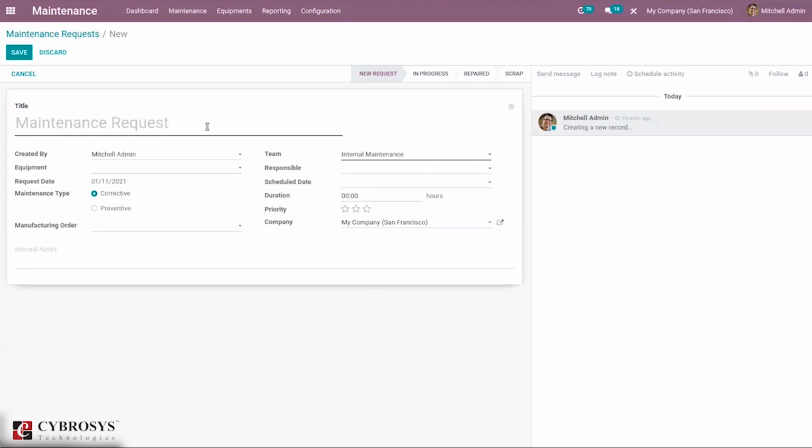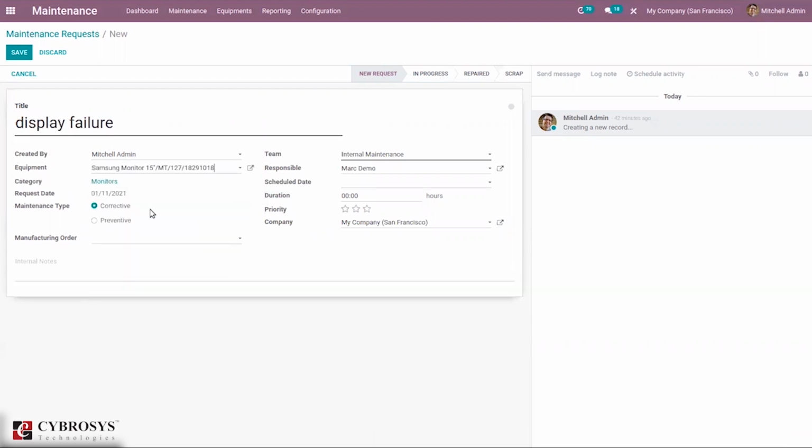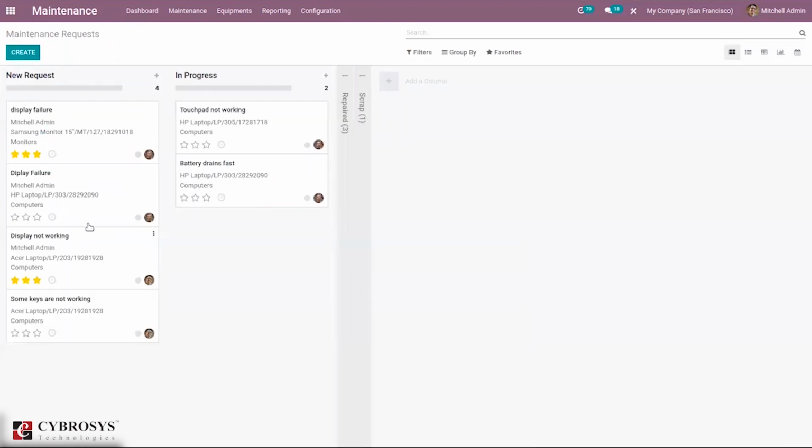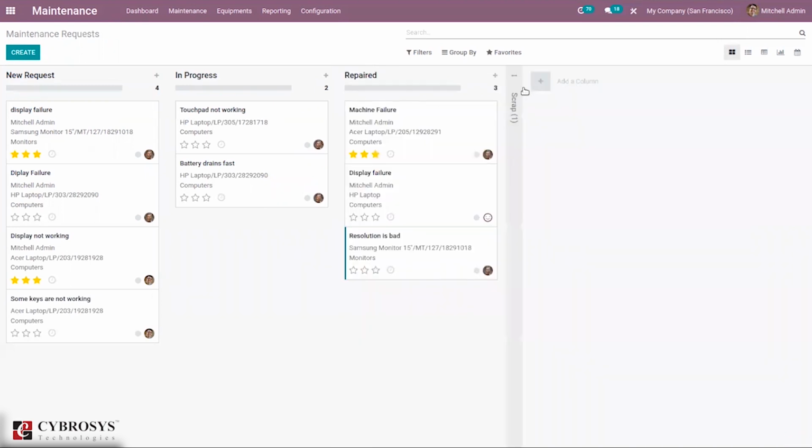Then we can set the schedule date and priority of this request, and we can save this. When you create a maintenance request, we can see it is added to the new request stage, and we can move it from that stage to in progress, and then to repaired, and if it is damaged, you can move it to the scrap stage.